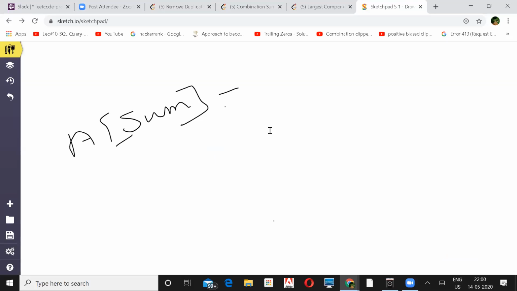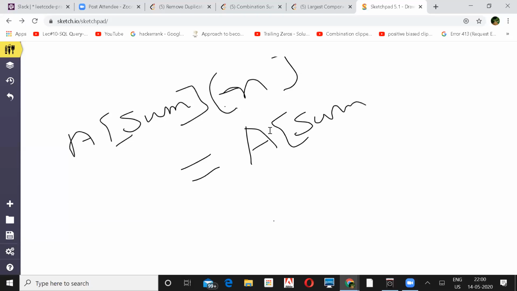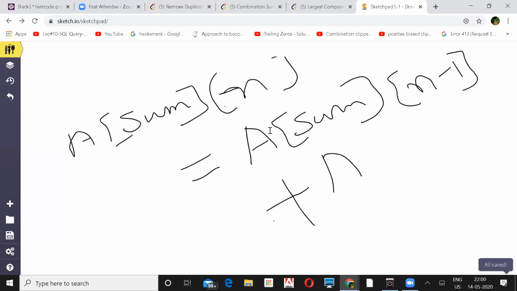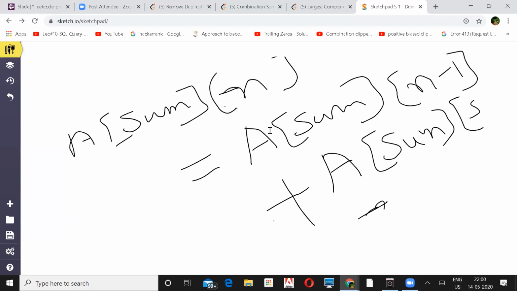A of sum, and the second dimension is n, is equal to A of sum, n minus 1, plus A of sum minus the element of j.